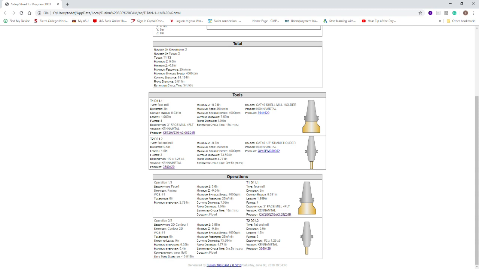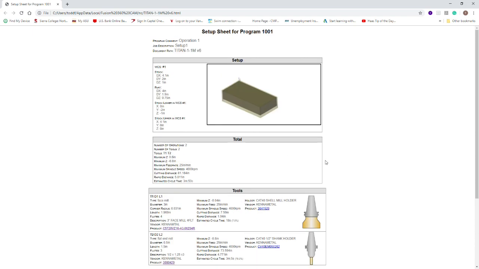Once you have approval from your instructor, you will want to make a hard copy of this and bring it to the lab. It will, one, help you with setup. It'll help you with asking for the correct tools from the tool attendant. And you will need to submit it in your final paperwork package with your part, as if you are programming for a company, and that documentation then becomes part of the setup information for the machinist that's going to run the part. So to get full credit in your lab assignment, you need the hard copy. You can save this as HTML or PDF and upload it on Canvas. Okay,